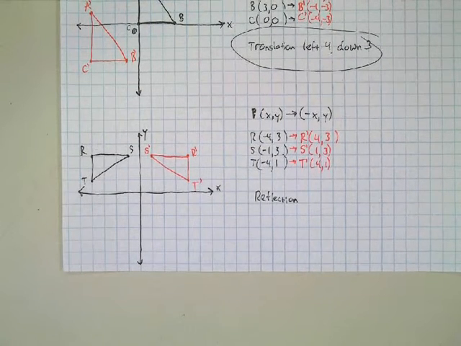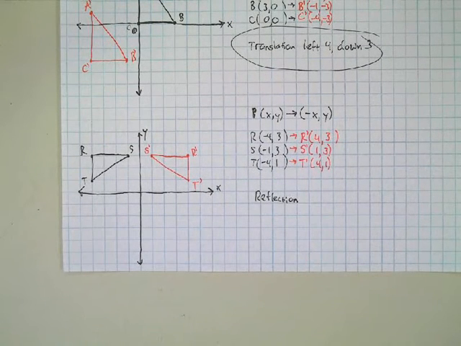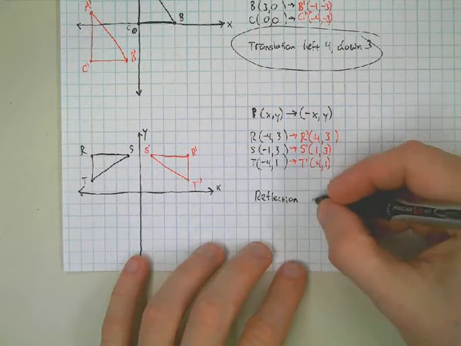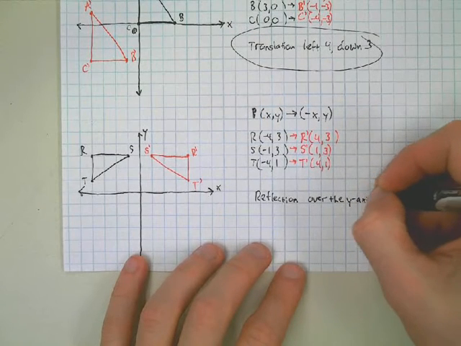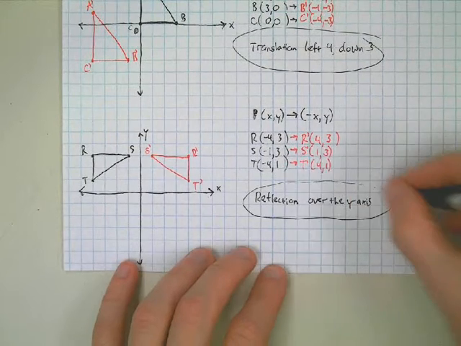Drew, what do you want to say? A reflection across the line. Yeah, there you go. Exactly right. It's a reflection over the y-axis. Okay, and when we look more in depth at reflections, we're going to be more specific, because whenever we